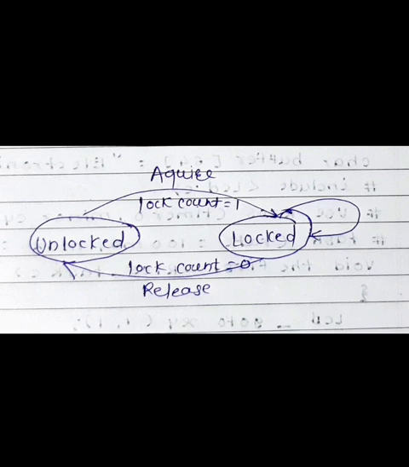The mutex is a very special binary semaphore. A mutex can be either in locked state or unlocked state. A task acquires a mutex and after using the resource releases it. It is much more powerful than the semaphore because of its special feature: it will have an owner. Initially the mutex is in unlocked state. The task which acquired it is the owner. Only the task that is the owner can release the mutex, not any other task.